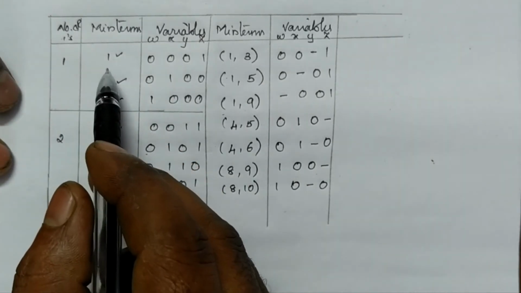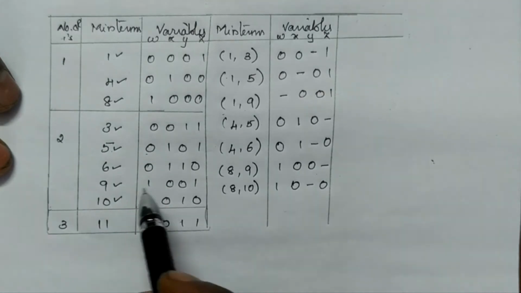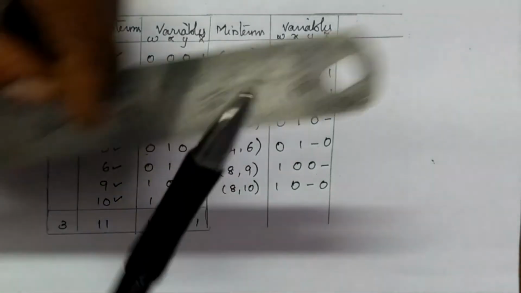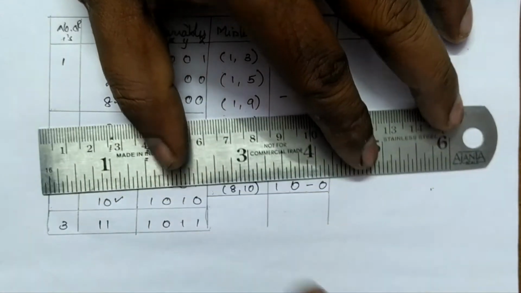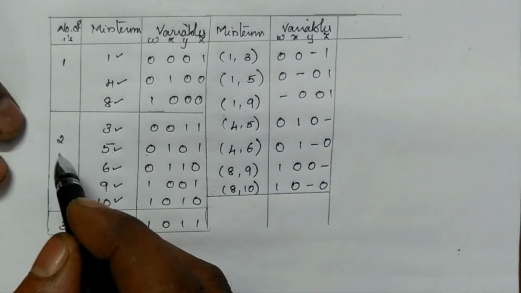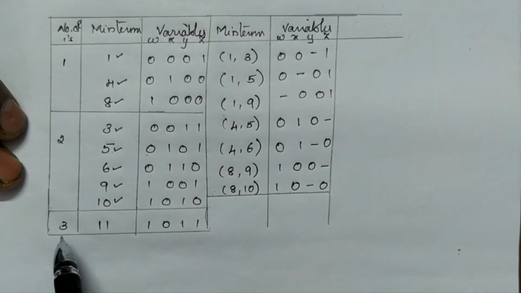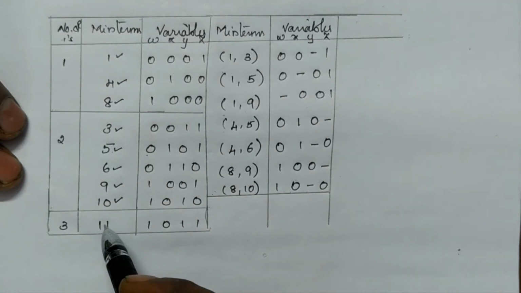Then here the first group is over. We have combined number of ones equal to 1 and number of ones equal to 2 and have formed a single group. So here we can close the first group. Then we need to go for number of ones equal to 2 group and number of ones equal to 3. So here first I am going for checking 3 and 11.